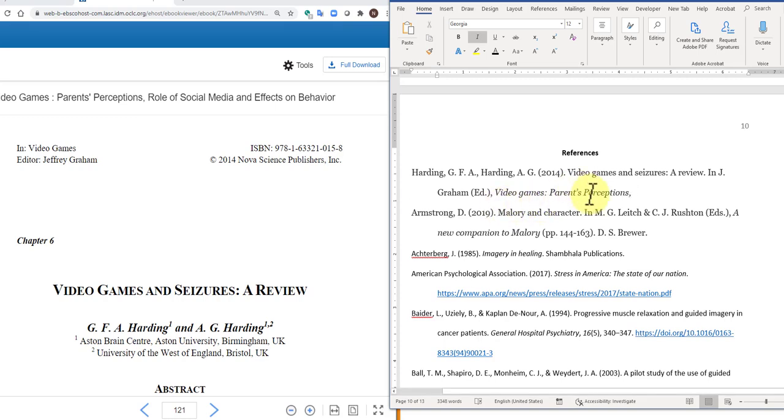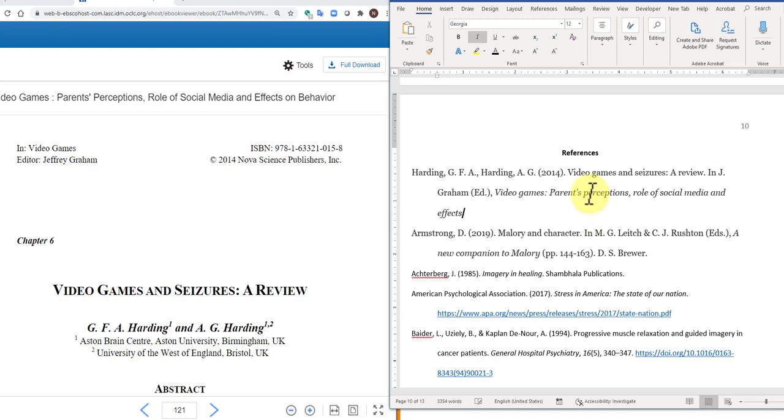Oh, I went ahead and messed up. Okay, so then the next part is I'm going to stop my italicizing, and I'm going to put in parentheses